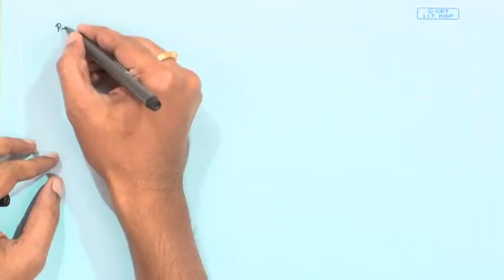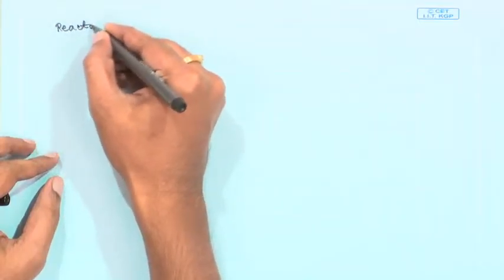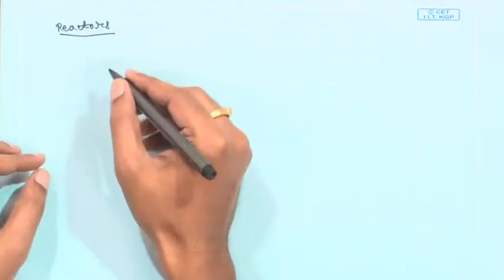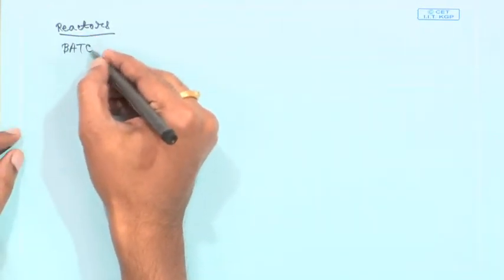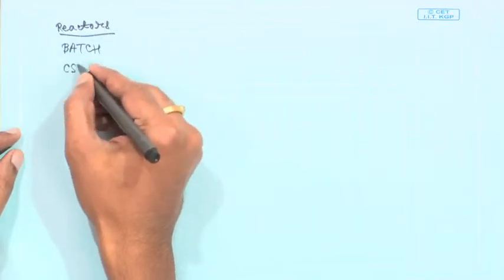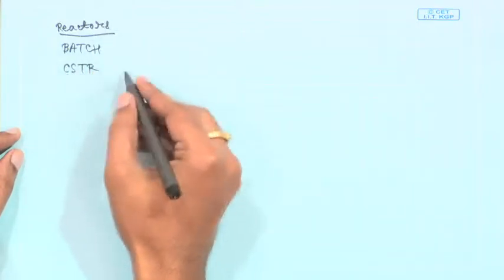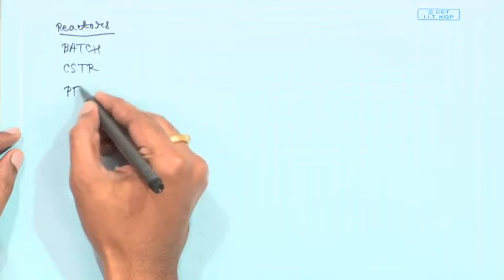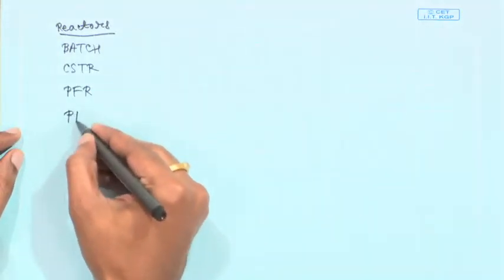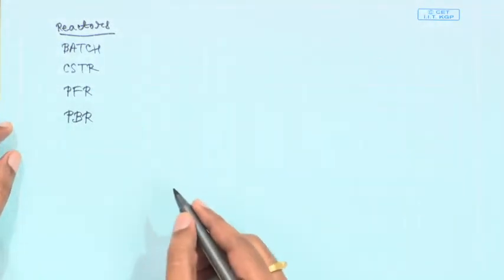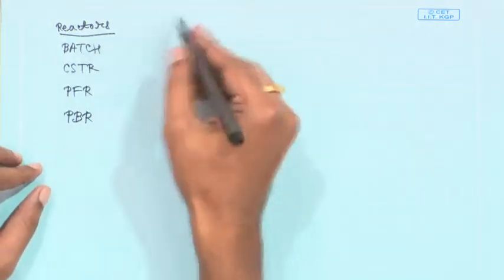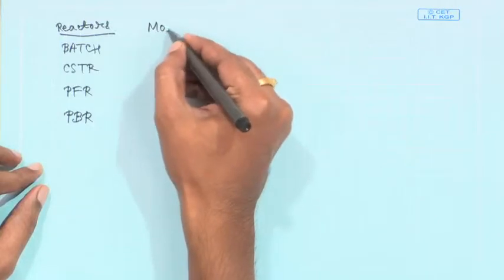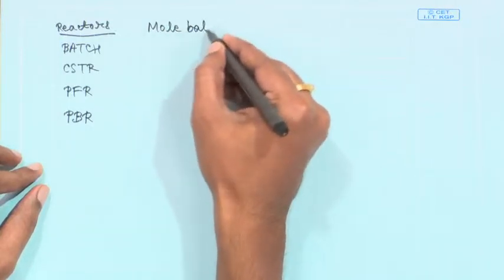We had talked about different kinds of reactors. Say you have batch reactor or CSTR, continuous stirred tank reactor, or plug flow reactor, or for example PBR, packed bed reactor. Now, if you are looking at, for example, the mole balance of these reactors,